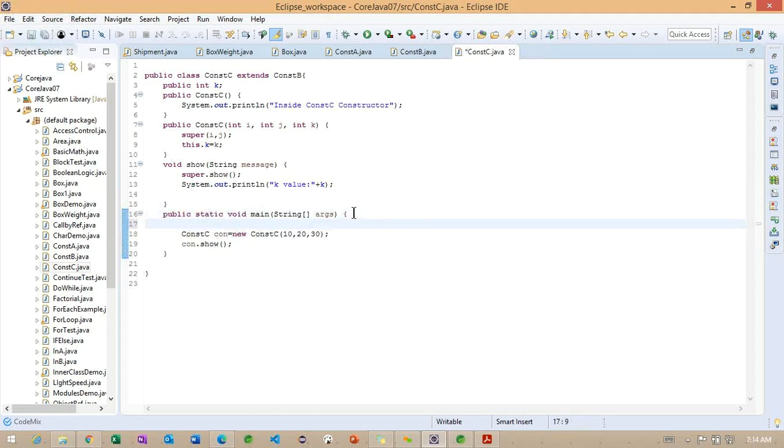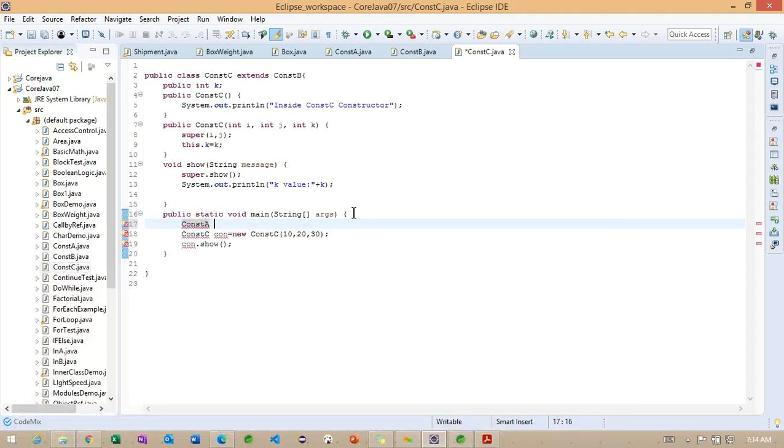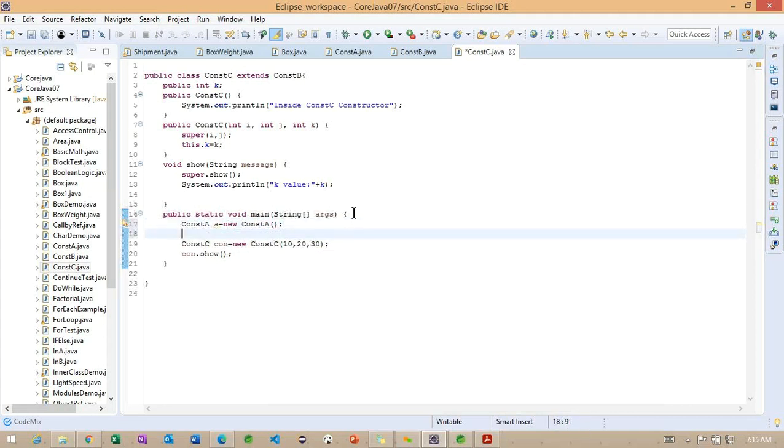So basically, I'm going to create constructor A equals to, I'm creating three objects here.